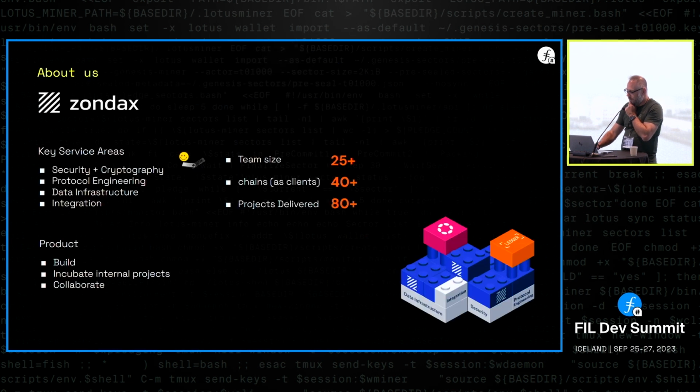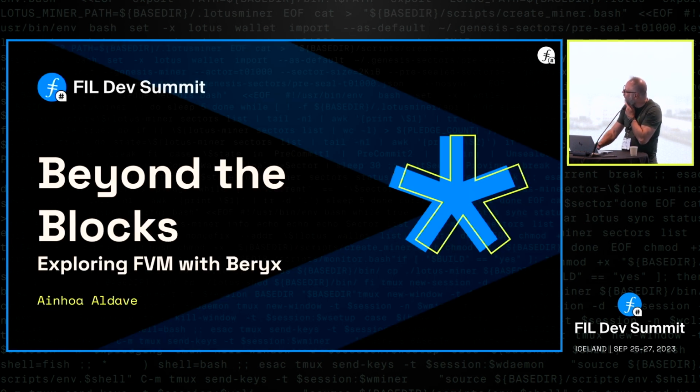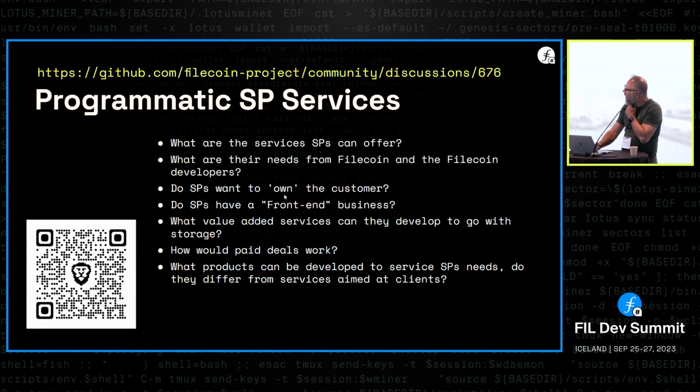Oh, this is going back. Somebody got the clicker. This is going through on its own automatically. Anyway, spoiler alert: we've got a talk about Barracks, and then another talk about client storage contracts, which actually uses that functionality. It will be interesting to see. And that's from within PL. But I think this all ties together and corroborates what's being said, that the biggest issue is knowing who the client is. This whole fantastic automated smart contract way of doing things is great, but without the knowledge of the customer, then it becomes a problem.